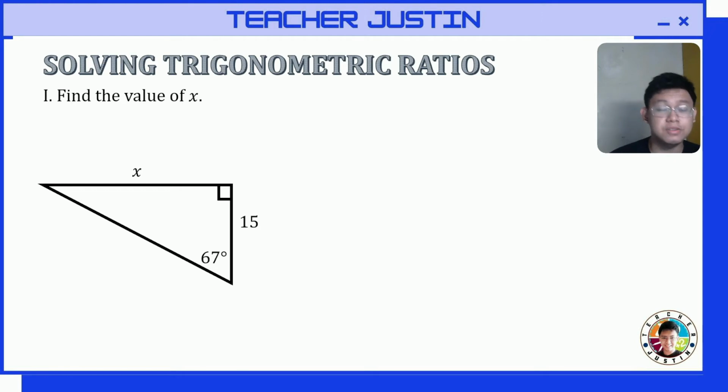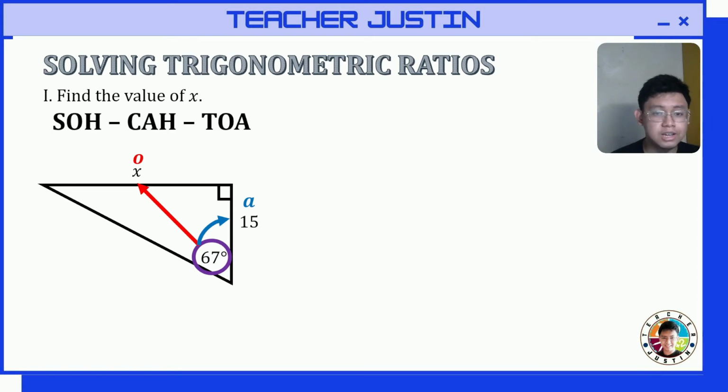Ta-da! Alright. Okay, let's find the value of x of this right triangle using trigonometric ratio. So, the first thing that we're going to do is to identify our given angle. So, we're given 67 degrees. Then, let's identify our given side. So, we're given the adjacent side, and we're looking for the opposite side. Now, using SOHCAHTOA, let's identify which trigo ratio to use in solving for the value of x. So, since we're given the opposite side and the adjacent side, we're going to use tangent 67 degrees as our